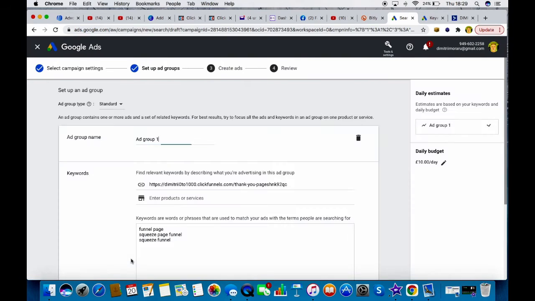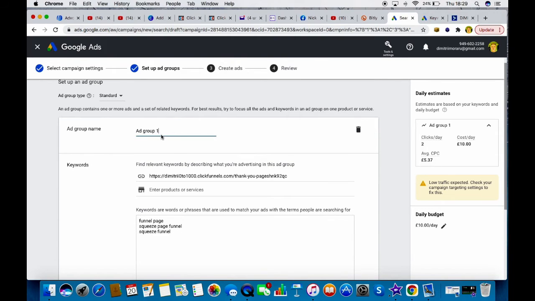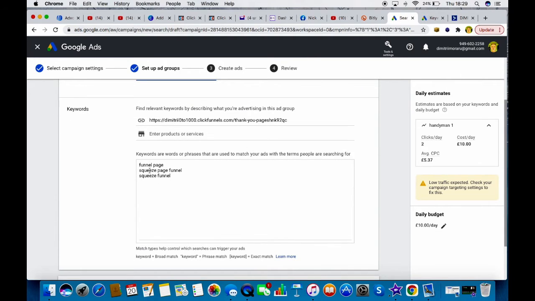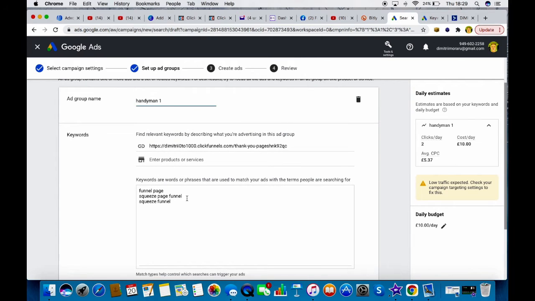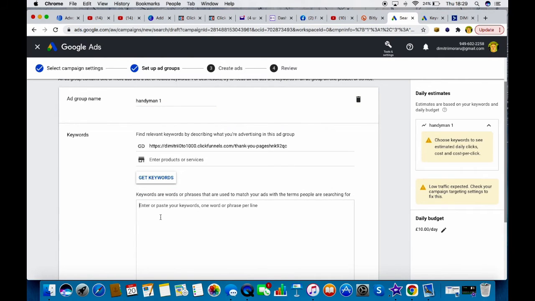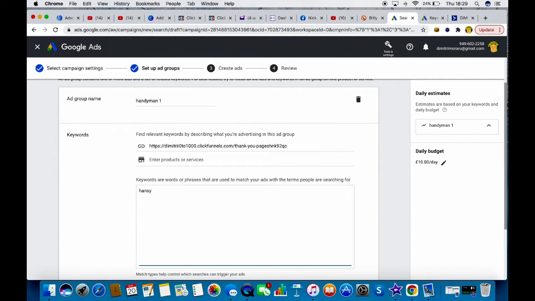And we're going to go now to the ad. This is the first ad group in here. You can make a few more ad groups in here. I'm going to show you. You just say handyman 1. That's my link in here, where it's going to be. Because I'm working through ClickFunnels, the keywords related to the page were automatically added in here, which are funnel page and squeeze. I'm just going to delete them, and I'm going to look for handyman